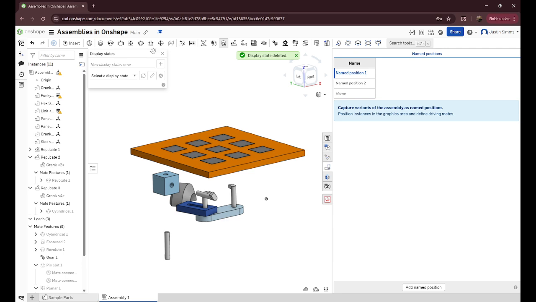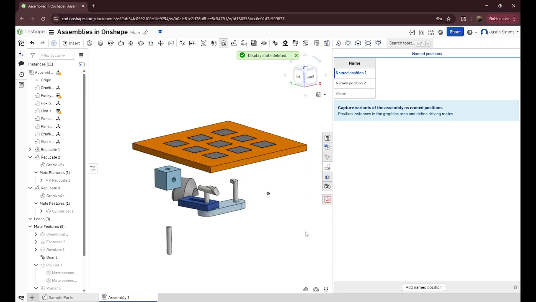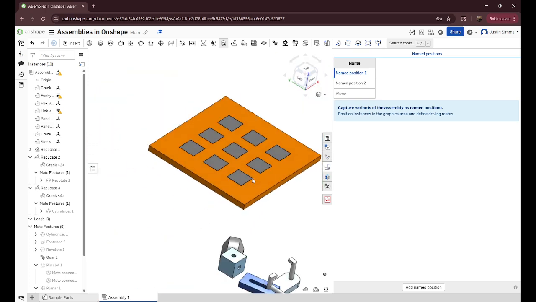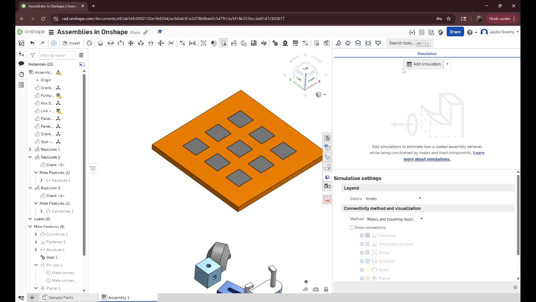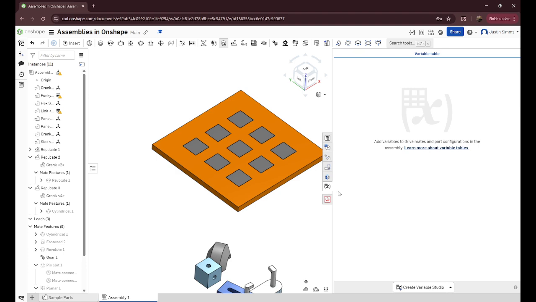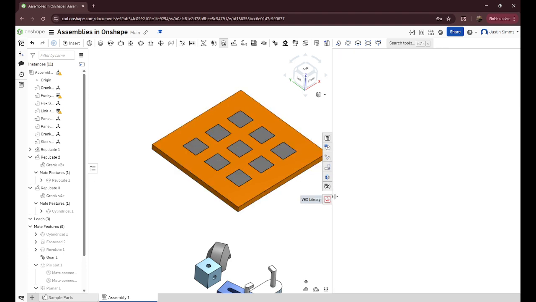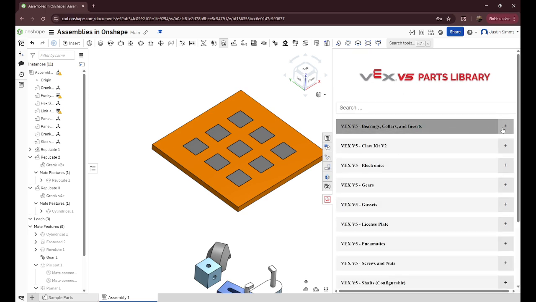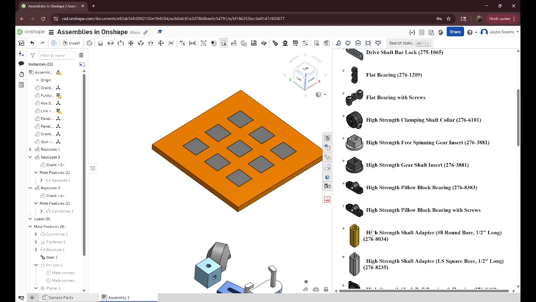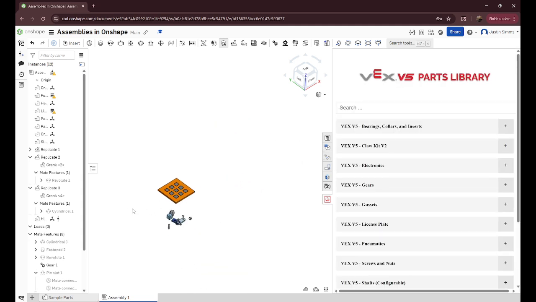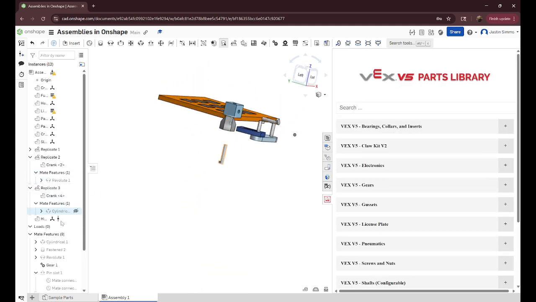Then again, I don't really use this often. It can be helpful in certain circumstances, like if you're just playing an individual piece of the puzzle, but not the most. Then there's also simulations, which I'll cover in the future, variables, and then this is where you actually have the Vex library, which if you install in the first video, it'll be right here, and you can insert parts from here. So you can insert the Part Studio, and now, let's see,